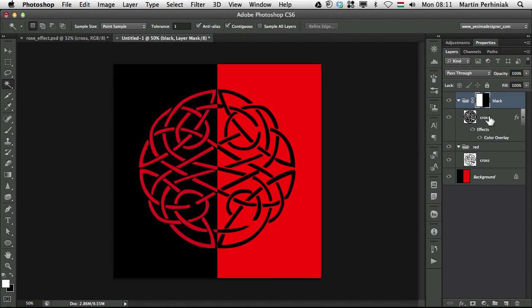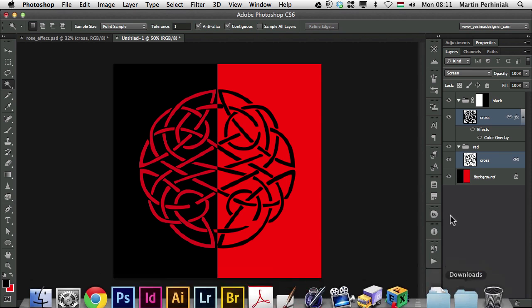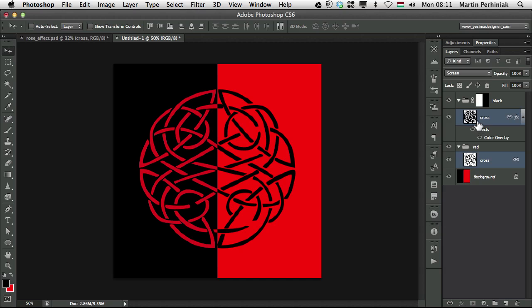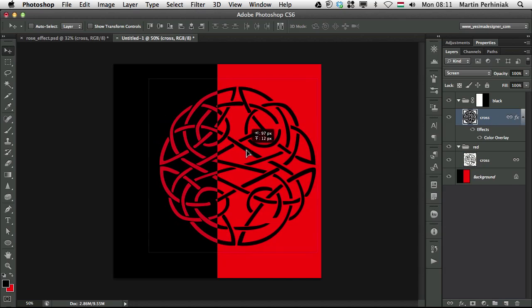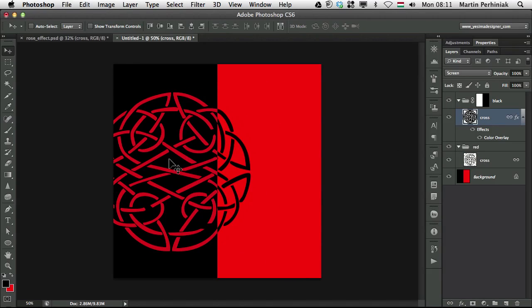All we need to do is select the two cross layers, make sure they are linked together. So when I move one, the other one will move with it. So I selected them and I click on chain them together or link them together. And then if I select any of the two, I can move them around, and as you can see, we